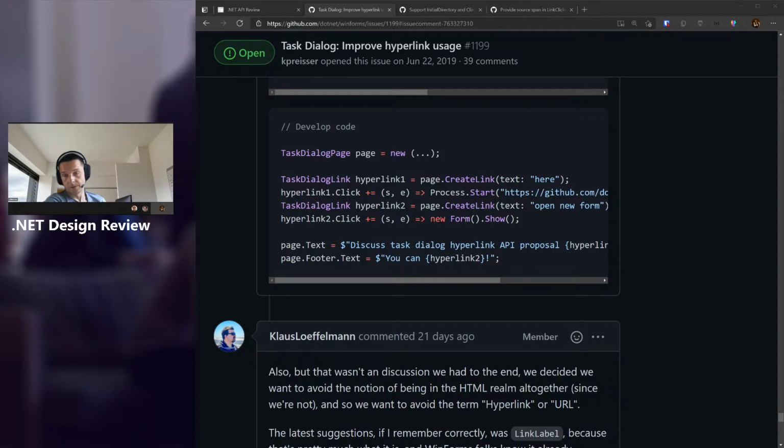I'm not sure how you avoid the type, because whatever method you call to create a link, you still have to say where in the text this goes, right? Right, but there already has to be some kind of text that builds that. With the proposal right now, it's basically string format where it's taking the task dialog link, and there's no reason why that couldn't also be a format method that takes the parts to construct that for you.